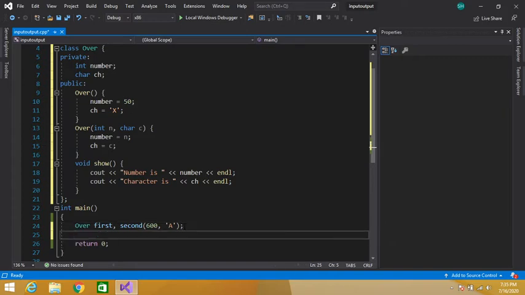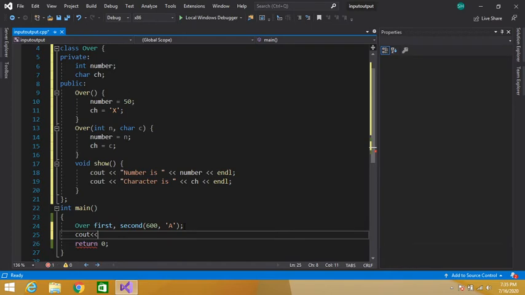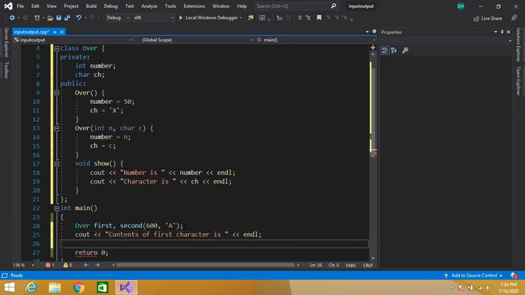Okay guys, let's call our show function. cout contents of first, character is. You have to put a semicolon here.